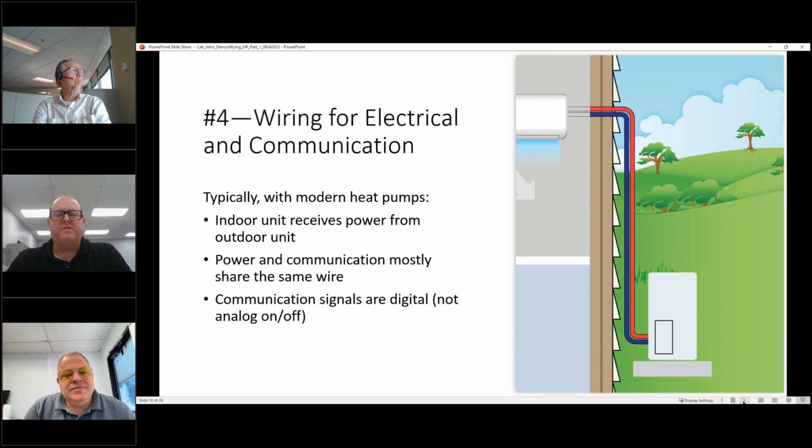The indoor unit receives its power from the outdoor unit. That's a real difference. Once you embrace it, it's kind of an exciting thing as well. It's allowing people, for example, to do fuel switching with furnaces. But typically the outdoor unit powers the indoor unit. The power and the communication mostly share the same wire. In fact, the communicating signal kind of runs around the outside of the wire,